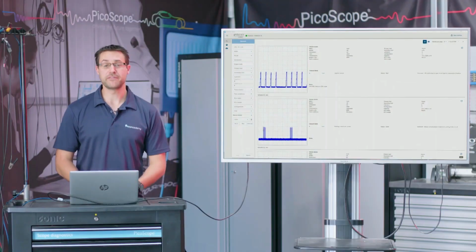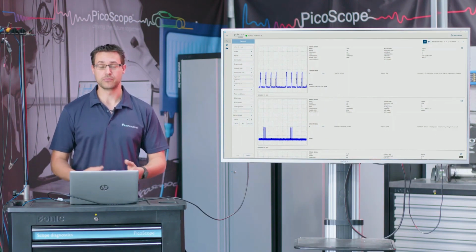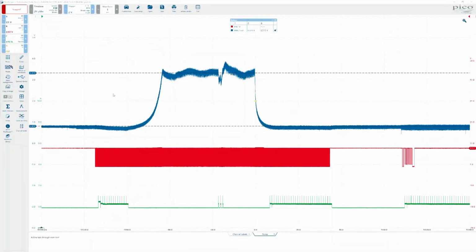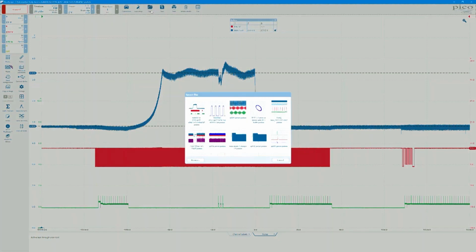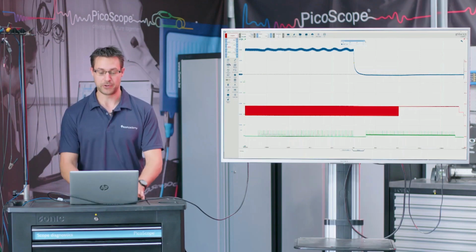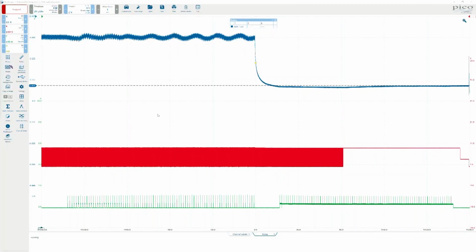So moving into saving and upload then, how do we do that from within the PicoScope 7 software? If we minimize the library for a second, we still have our previous capture that we downloaded on the screen. So what I'm going to do now is open up another existing file, and then we're going to show how to fill in the details in order to get that file uploaded into the library and then ultimately onto the public library. So here we have a file. Same as before, we'd click save,